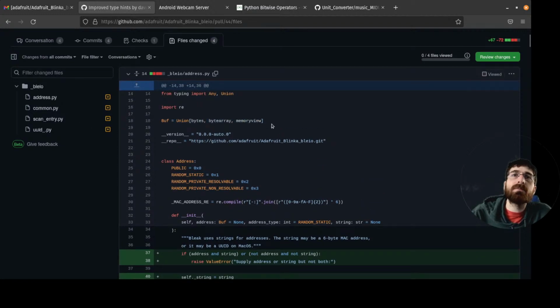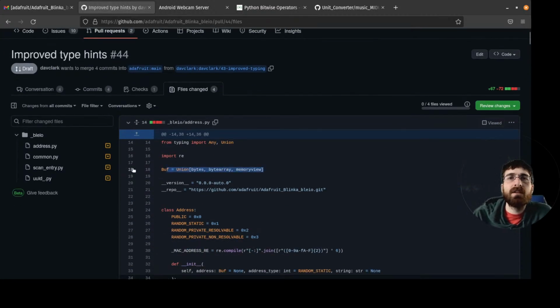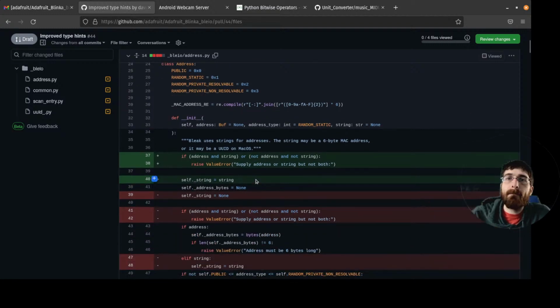Probably. Well, I guess this was already there. We're not looking at a single commit, are we? No, it doesn't look like it. I wonder if maybe this would be worth using ReadableBuffer or WritableBuffer from CircuitPython typing. Not sure why this changed to be before.